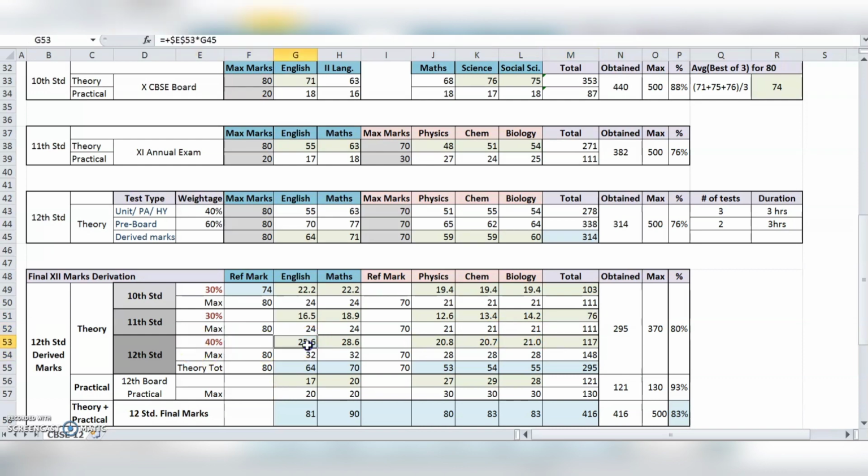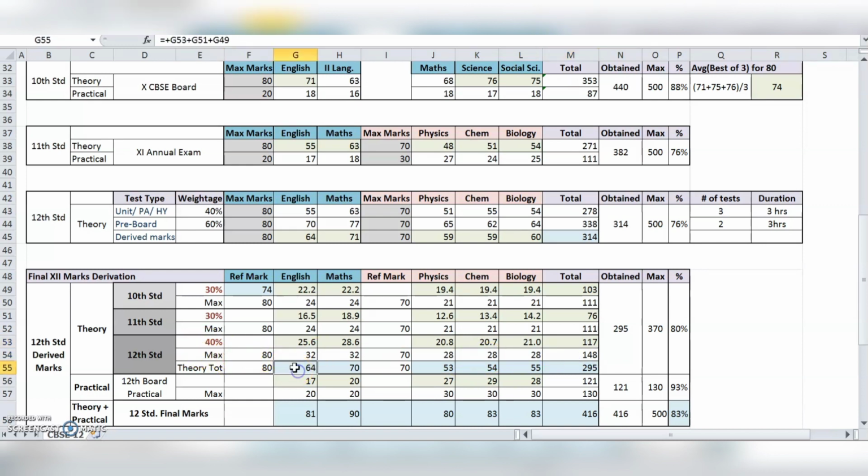For 12th standard, the 40% is applied over the final marks that we have taken as 40-60 weightage of pre-board and half-yearly, or it could be in any other ratio as decided by the school committee. So the individual marks in each subject is multiplied by 40, and for subjects having 70 as maximum mark, we can multiply the ratio into 70 by 80 to get the derived marks for the individual subjects. So for English and Maths, it's 32 as maximum and 28 for the other three subjects respectively. In this example, the student has taken 117 out of 148 maximum marks he could get from the 40% component